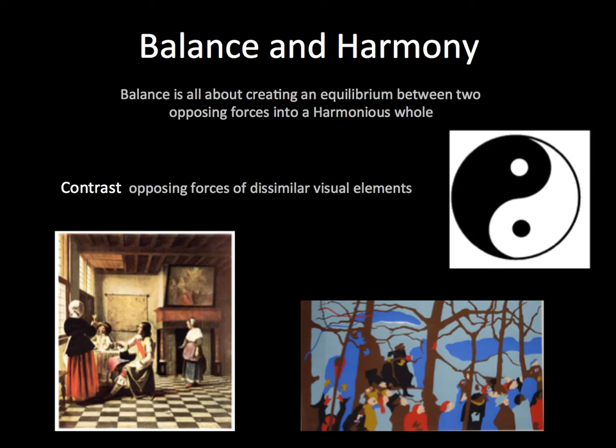Balance is all about creating an equilibrium between two opposing forces. These opposing forces, I should say, is basically what we call contrast. And so we want to create this equilibrium between these opposing forces into a harmonious whole. That is what we would consider an effective design. So, as I mentioned here, contrast, these opposing forces of dissimilar visual elements, are needed, even to make the simplest